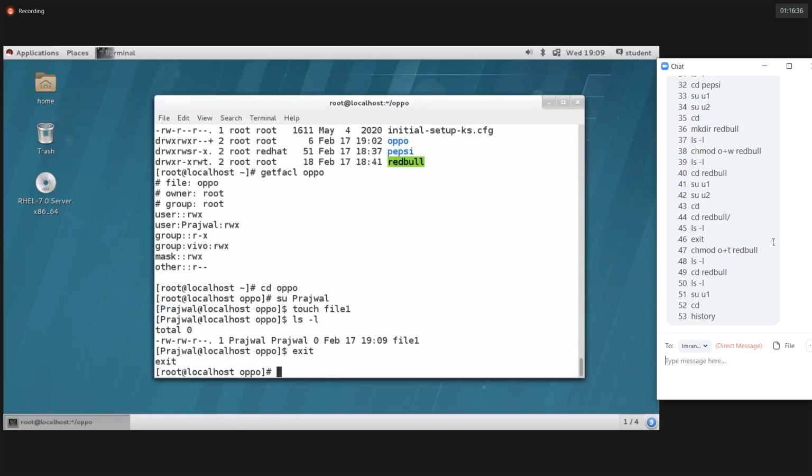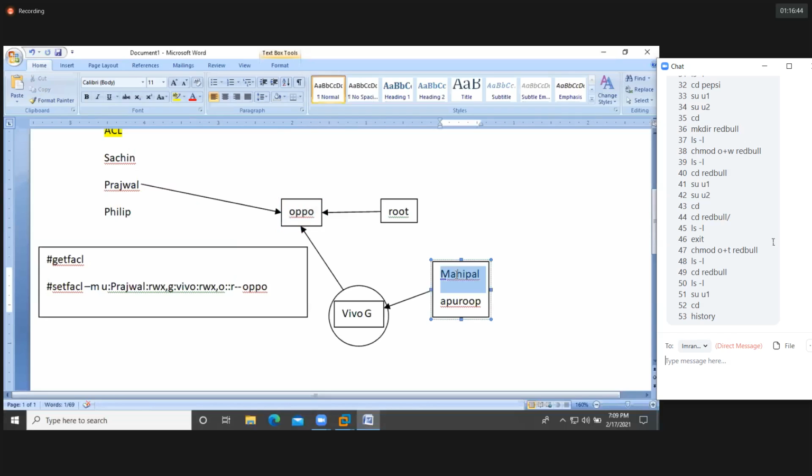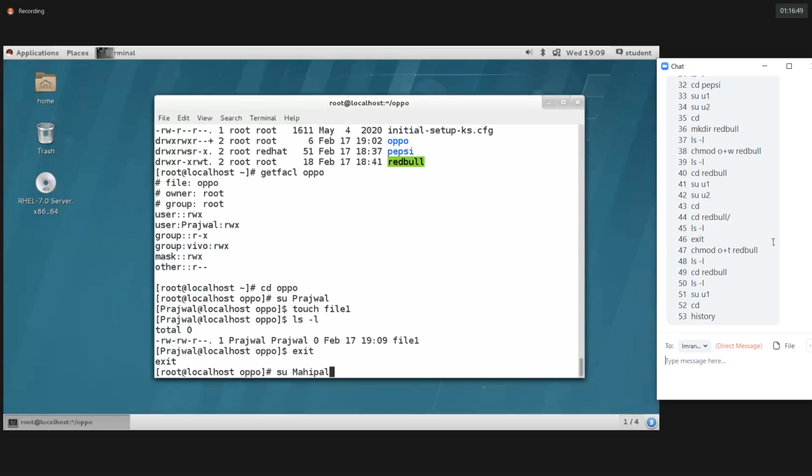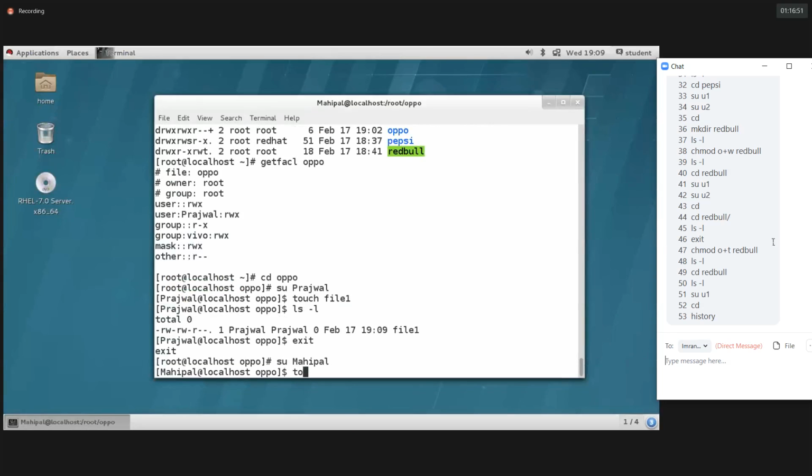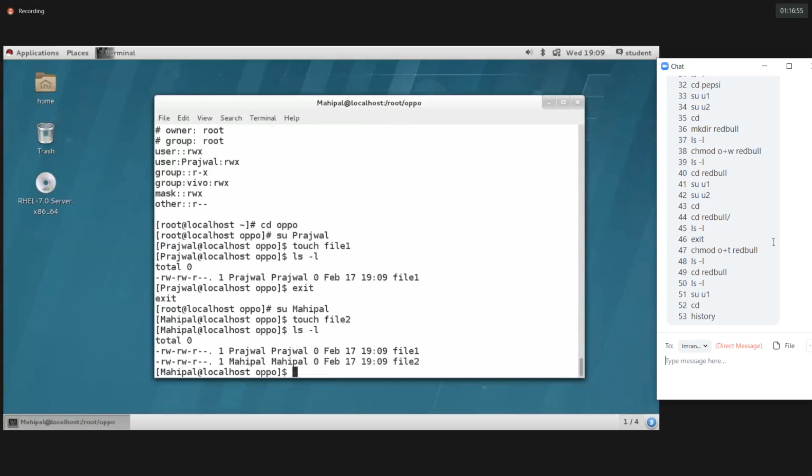Then exit. I'm going to log in as Mahipal. Just choose Mahipal and try to create file2 with the help of Mahipal. Yes, Mahipal also has the access. Mahipal can also create files and directories inside Oppo.